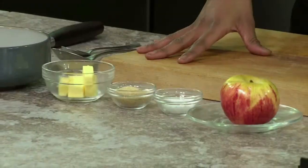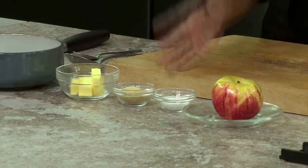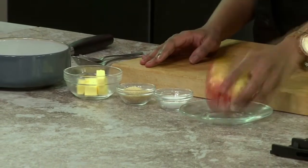Love that. So it's pretty simple. I mean, my station, I'm going to start with mine. Mine is the easiest. To make these delicious caramelized apples, I have got some salt, some brown sugar, and some butter, and of course, the apple itself. So I'm just going to slice this, as you have shown me. I'm going to slice it very thinly, very small pieces, fry it up, and then hopefully I'm going to do